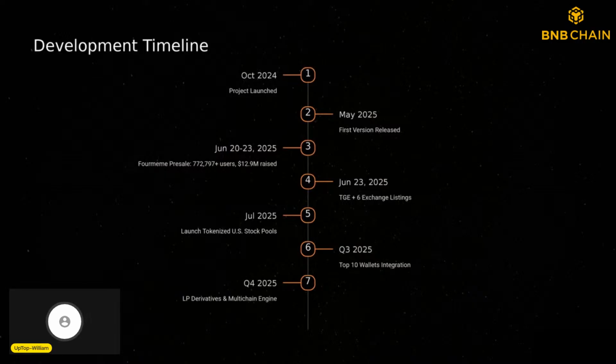You can see here the basic timeline for the UpTop project. We launched this project in late 2024 and hit a major adoption milestone in mid 2025. Just about 3 weeks ago, we did the TGE together with Mimi in late June.